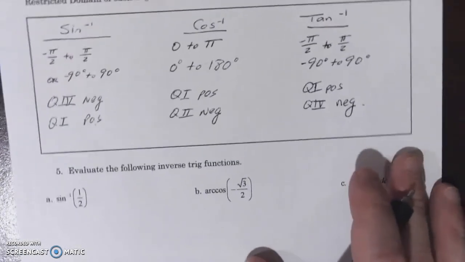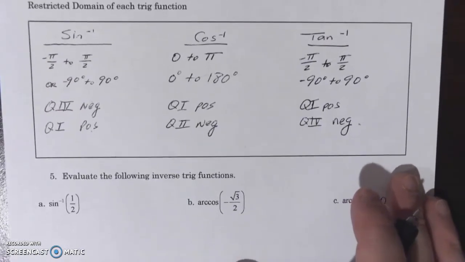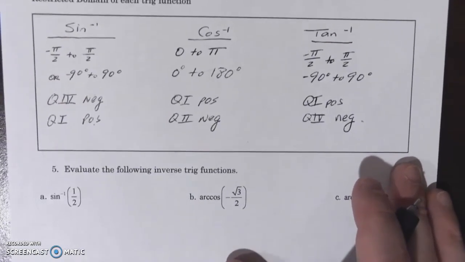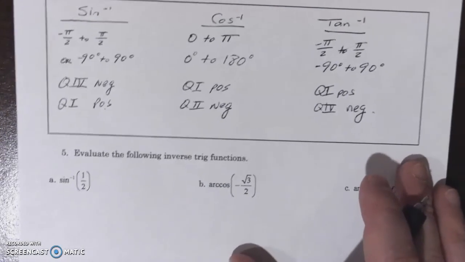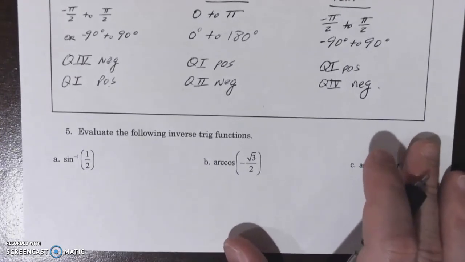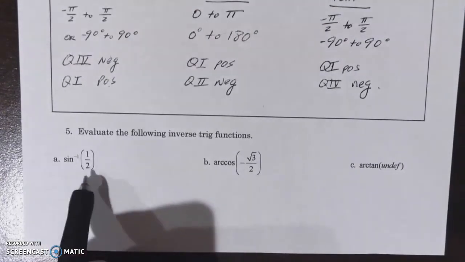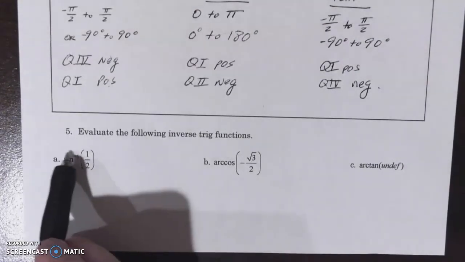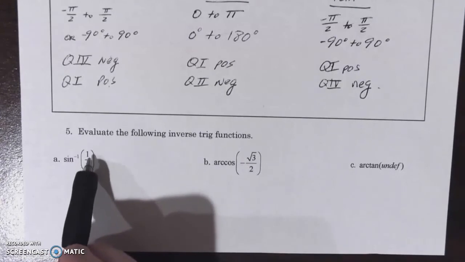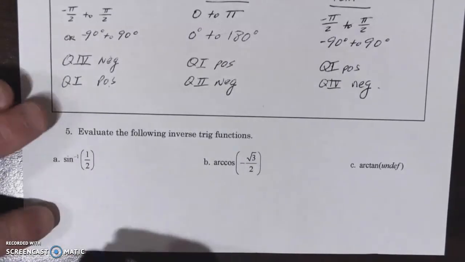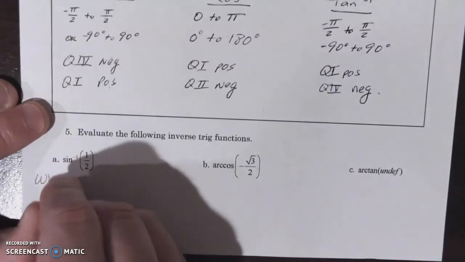Okay. So let's do a couple practice problems together. All right, what I want to do is we're going to go through a thought process of what this question is asking us for, and we're actually going to write it down here on this first one. It says evaluate the following inverse trig functions. This says inverse sine of 1/2. Okay, so we need to look at notation. We need to look at value. So this is asking us what angle